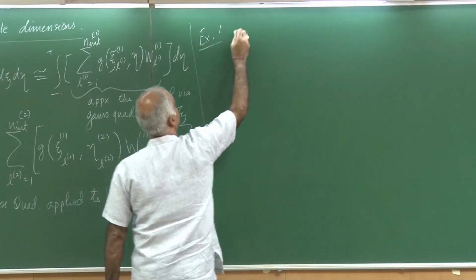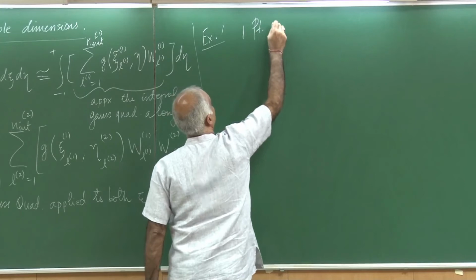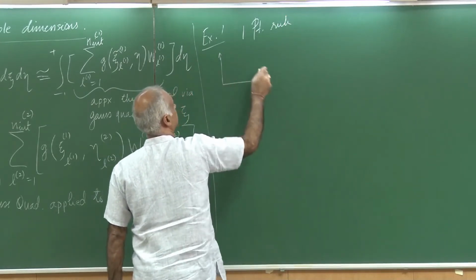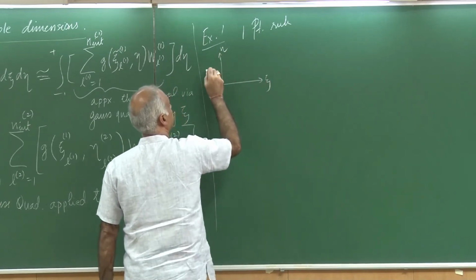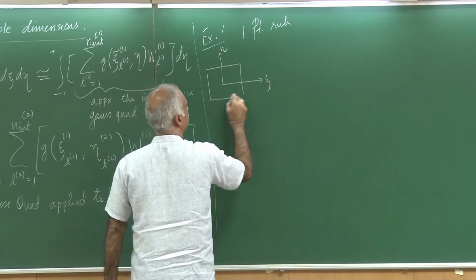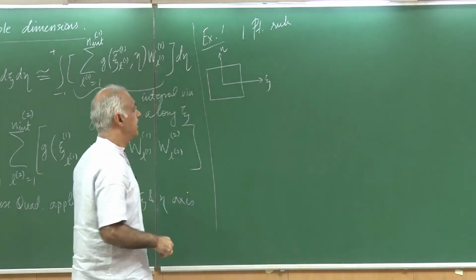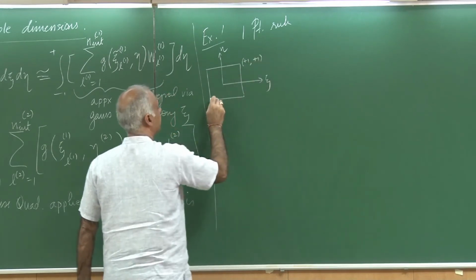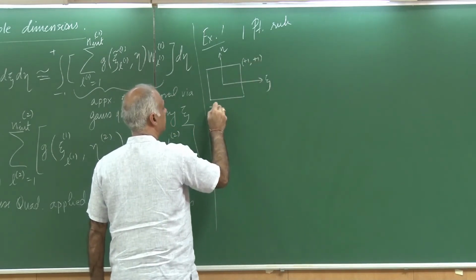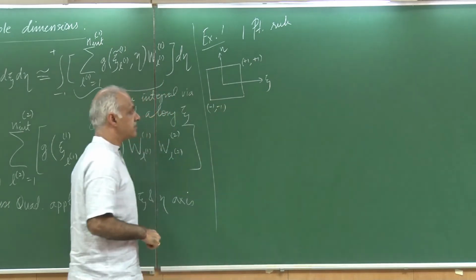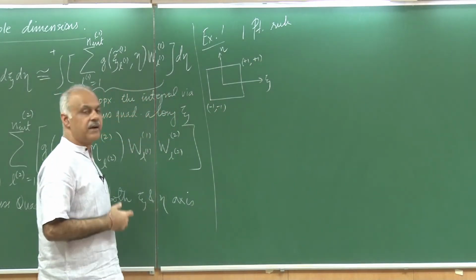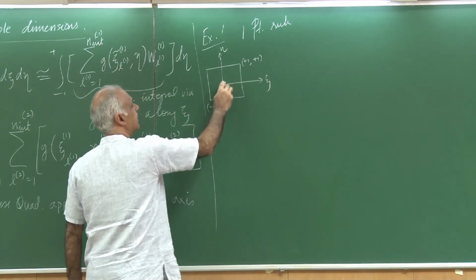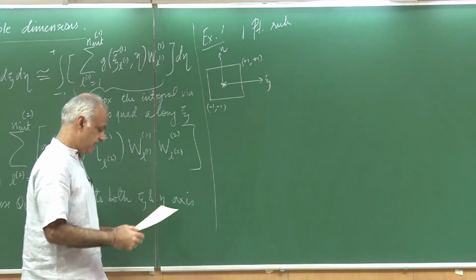So, example 1, the 1 point rule. The integral I want to carry out is along xi eta, and this is my parent domain. Please remember the coordinates here are +1, +1, and the one on the left bottom is -1, -1. So if I apply the 1-point quadrature, then this is the point where the quadrature lies, and my